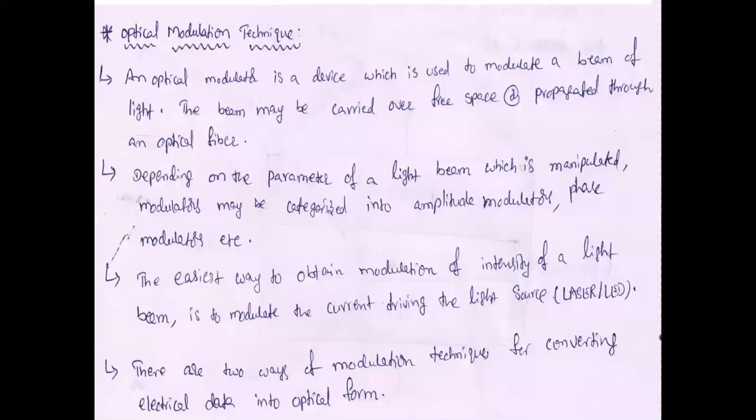in optical communication. Here, an optical modulator is nothing but a device which is used to propagate a light signal through optical fiber cable. How can it be possible? We can vary the signal by either an amplitude modulator or a phase modulator. We apply either an amplitude modulation technique or a phase modulation technique.